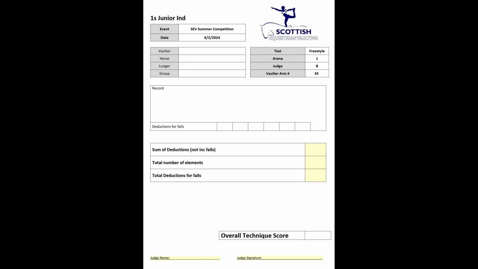Moving on to the freestyle score sheets for individual classes. Judges B and D look at technique and the scoring of each move, which will be spoken out to you in the form of letters representing the moves and numbers representing deductions from the moves, to be written out in this record box. At 2-star level and above, the degree of difficulty is given to each move via letters E